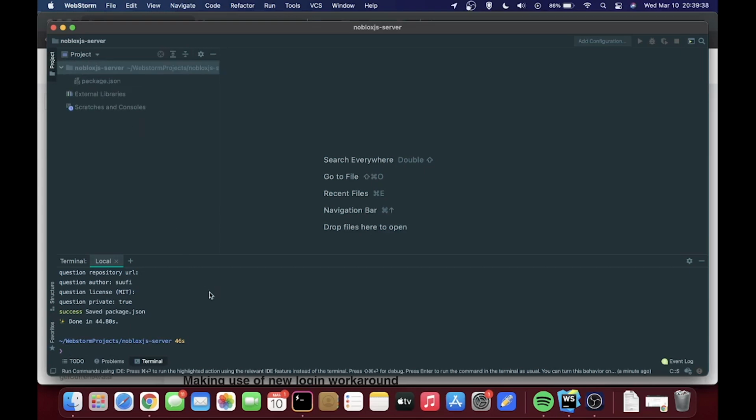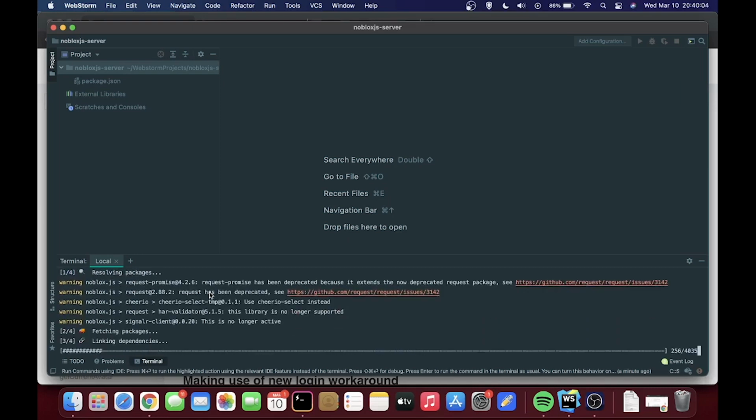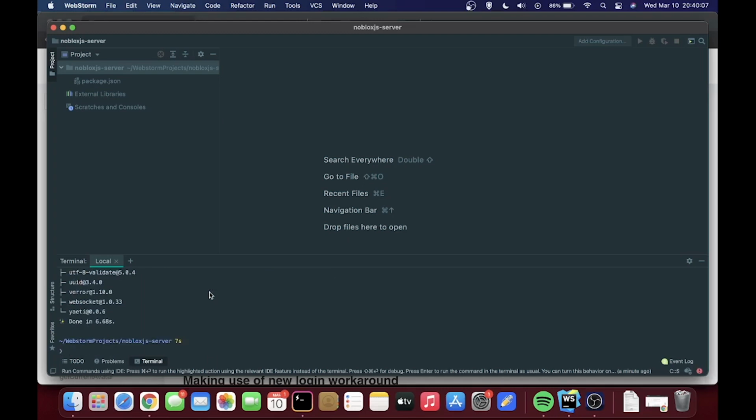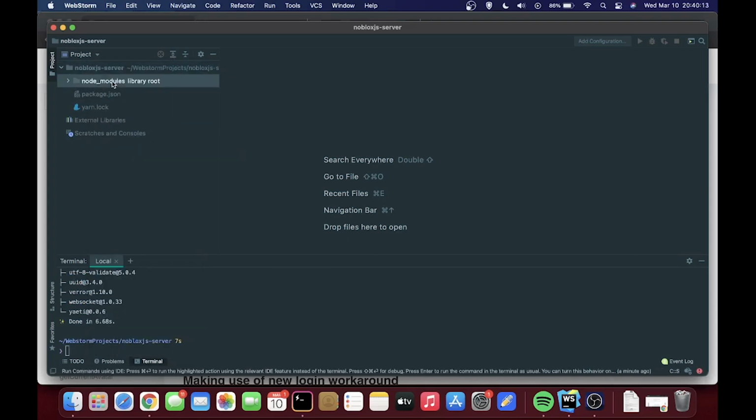Now, once all that is set up, the first thing you're going to do is install Noblox.js within your actual project. So we can go ahead and do npm install Noblox.js if you are using npm. I'm using yarn, and you might want to keep some consistency because they create two different lock files. I'm going to do yarn add Noblox.js. And as you can see here, it goes through and installs the library. Once it's installed, you can see a new folder inside called Node Modules. Inside here, there's a bunch of stuff, and you'll eventually see Noblox.js if you scroll down.